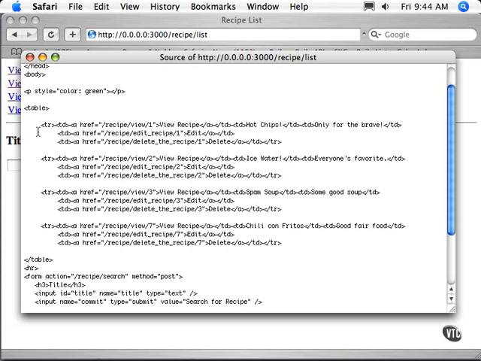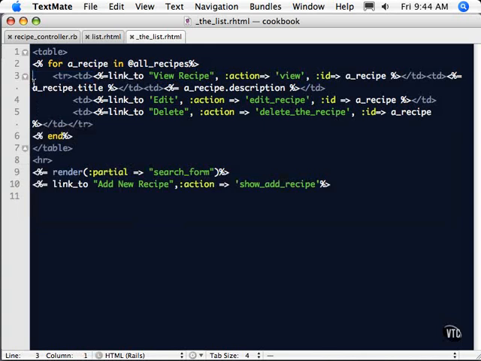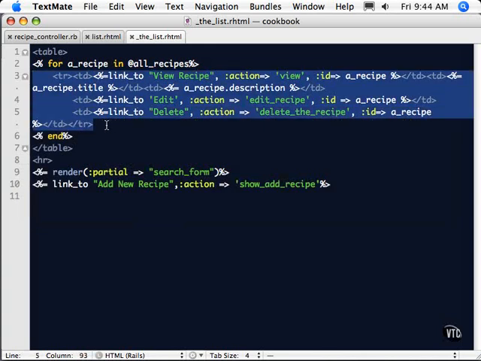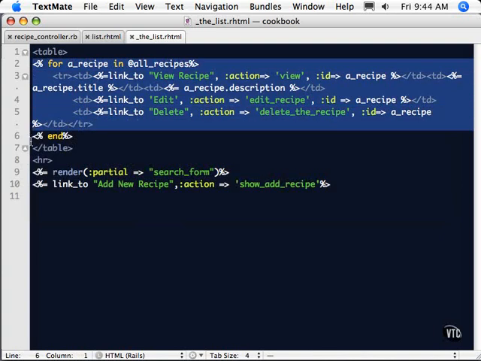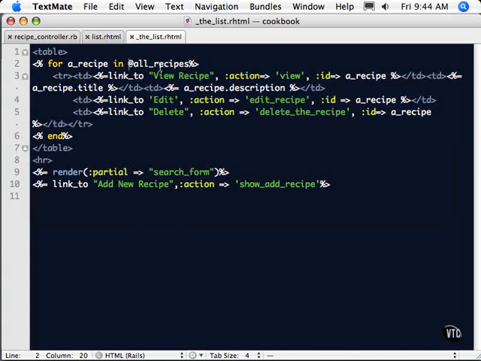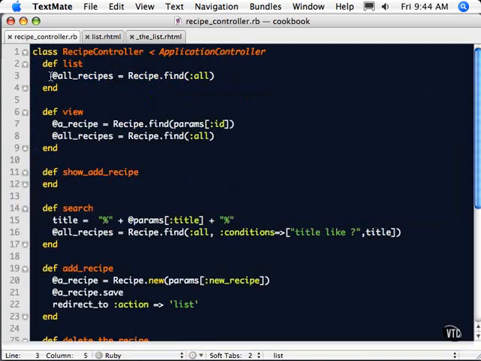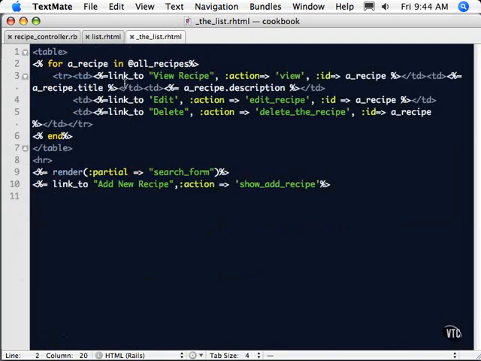If we jump over here, you see there are 4 table rows that are generated, but there's only one table row actually defined right here. That's because we have this wrapped in a for loop using this instance variable that we set up. Let's take a look back at our controller here. This instance variable, all recipes, is an array of recipes. We told the recipe class to go ahead and find all of our recipes and put them into this variable,